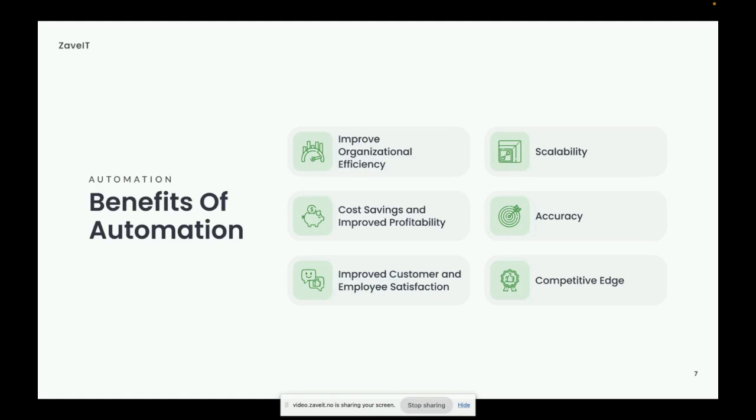Come back to the human touch again. Human error is inevitable in manual processes. Automation helps improve accuracy, and it's reducing the risk. A small error can lead to significant and costly downtime or security vulnerabilities when provisioning services. Automation ensures that tasks are performed uniformly, increasing the reliability of the service.